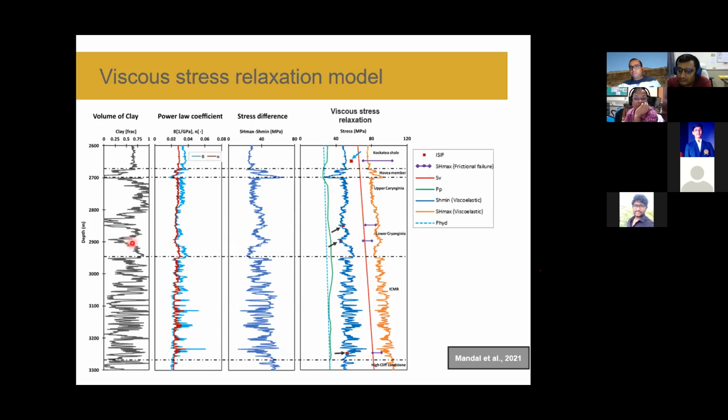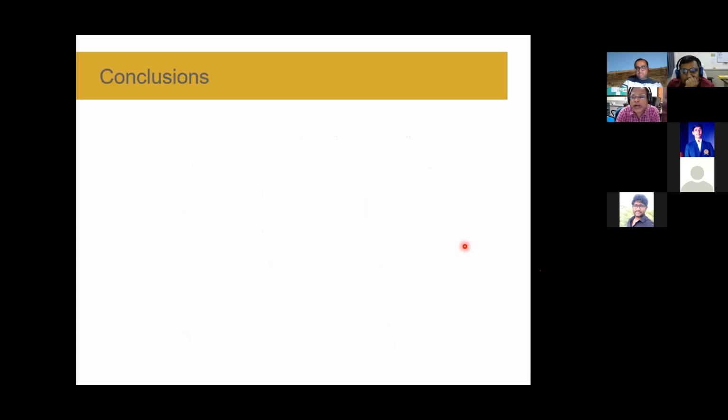So when you have a lower clay component, that means if you have a mix of limestone or sand, you can see there is less stress. But when shale is increasing, you can probably see that the variation follows that scenario as well. So from these two basin experiences, we are trying to explore now at basin scale, as future research is going on in this area. But it's quite interesting to see that this concept is getting good exposure in not only the Canning basin but also the Perth basin.